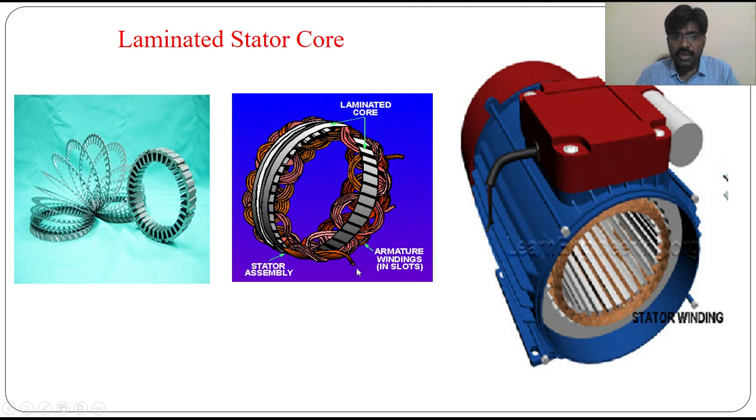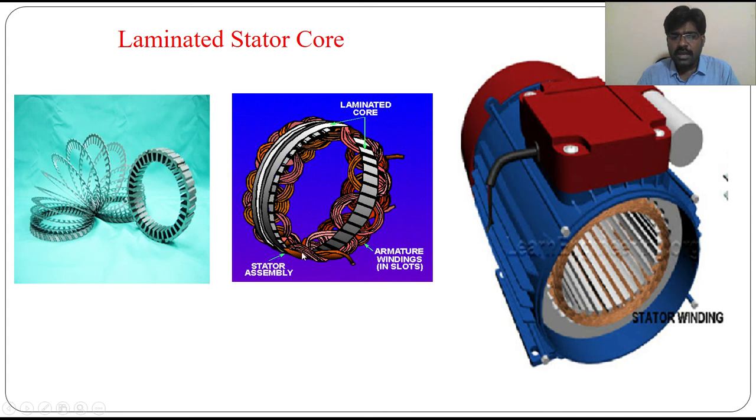So this complete stator frame will be kept inside this outer frame. This is the outer frame of the stator. Inside this, you can see this silver color you are seeing, no? So this is the stator frame. This is the stator core, you can say. Inside this stator core is this copper winding. So this is how the construction of the stator will be made along with the windings.